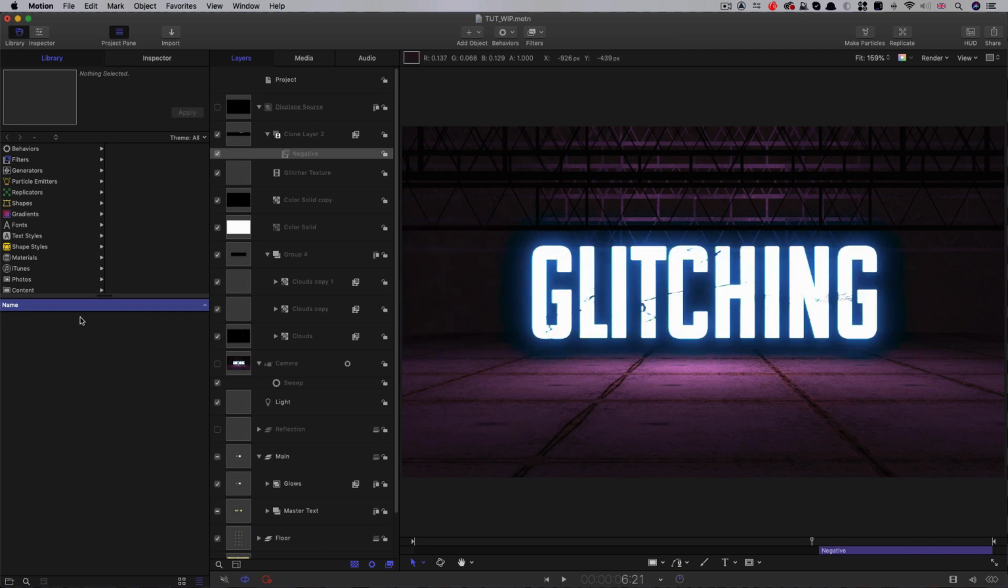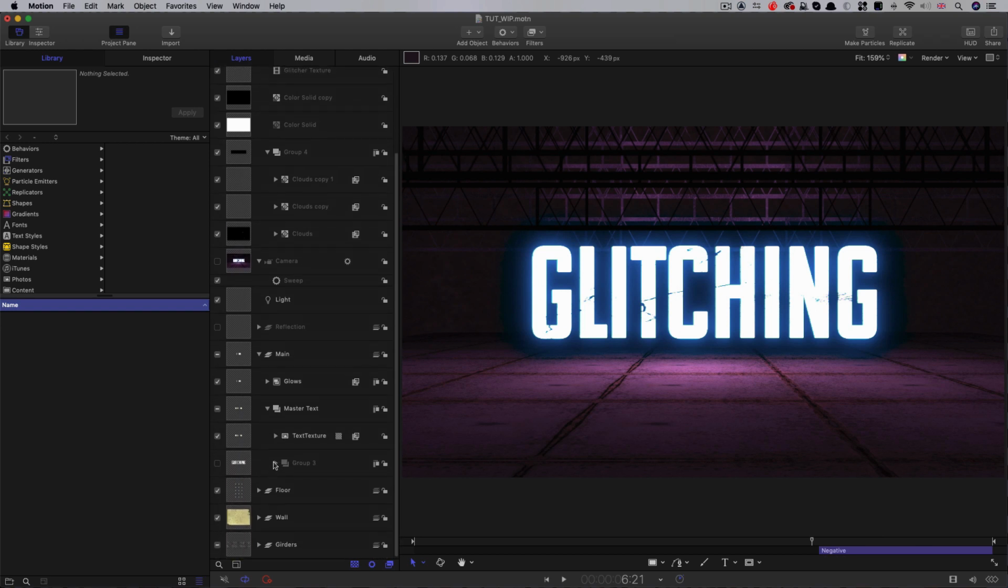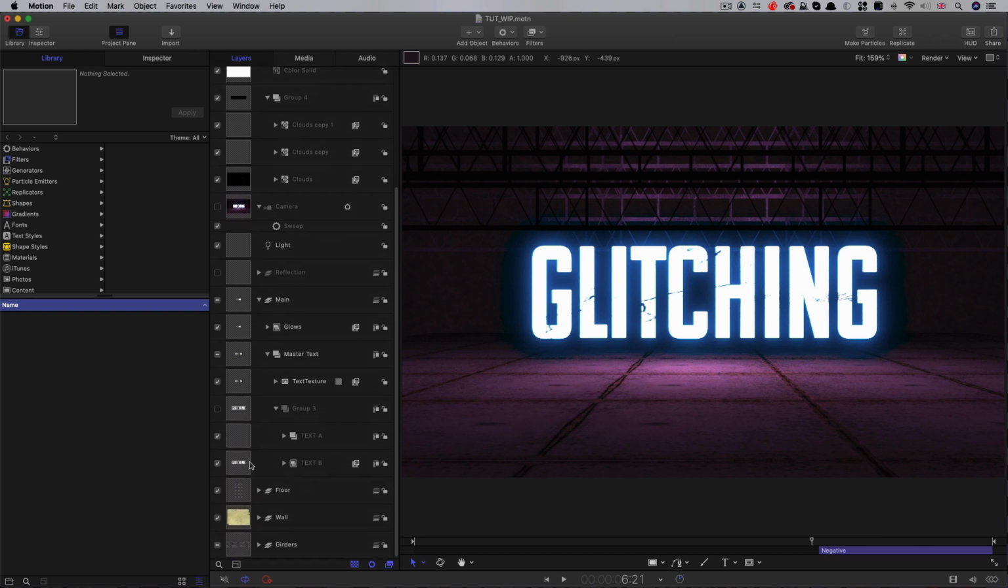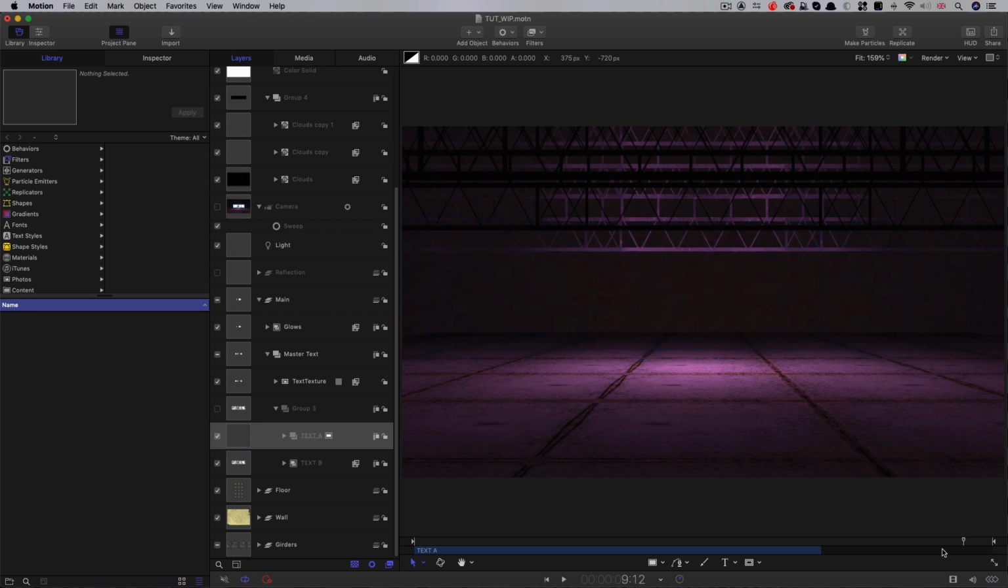So we just need to make sure that we come into our master text layer, and right inside here, we need to make sure that text A is finished well before 7 seconds, or even at 7 seconds if we want to be precise. I'm going to hit O on the keyboard, and that won't be apparent once we've glitched off. So there you go, it's glitching off